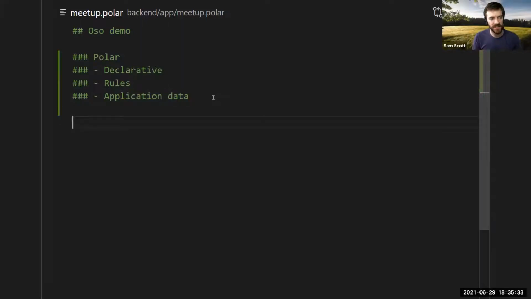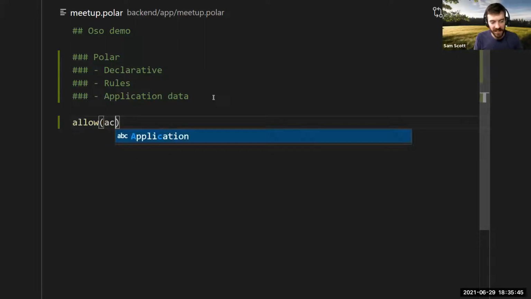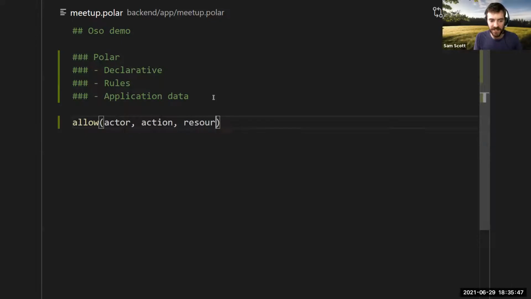The core of writing these rules mirrors the is allowed interface that I've been speaking about. As a convention, we have allow as the entry point for this policy logic, and it takes in an actor, an action, and a resource. But instead of being a method call from before, this is where you decide whether an actor should be allowed to do an action on a resource.